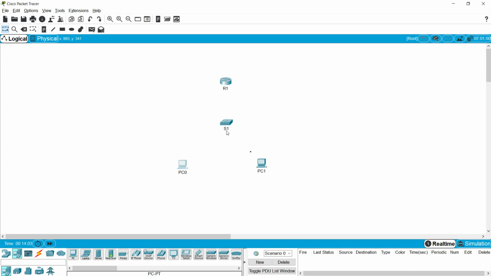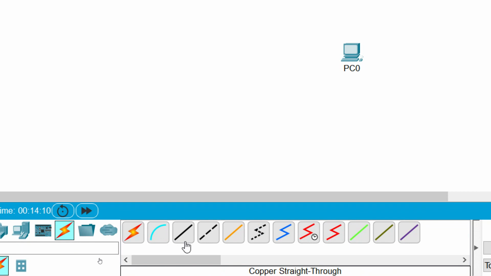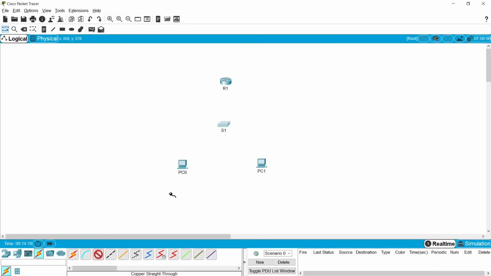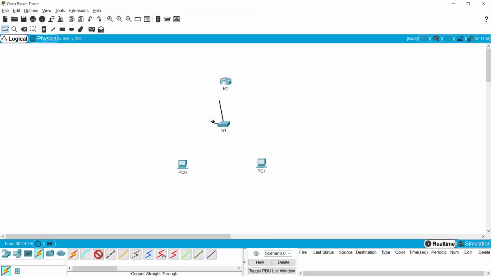We will connect these devices. Coming to connections, we will choose this copper straight-through. Press Ctrl and click on this copper straight-through so that we can connect multiple devices. From S1, we will choose FastEthernet 0/1 to this PC0.